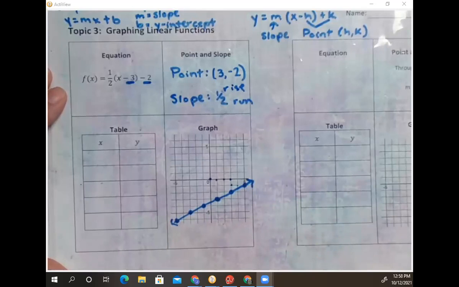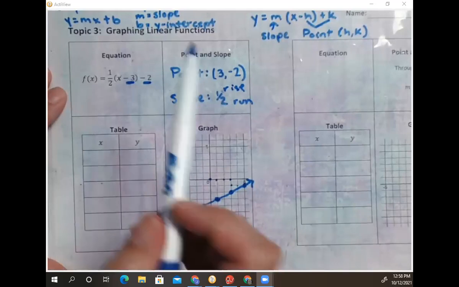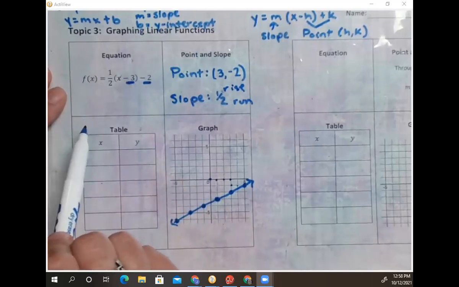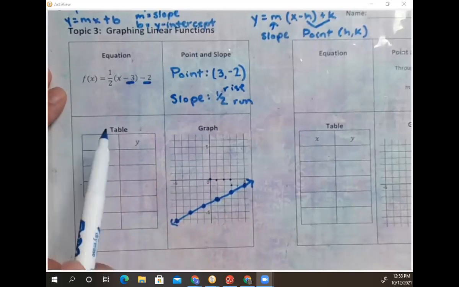So we can represent a linear function with an equation, with a graph, or with a table. And we've seen these three options before. We haven't used point slope form yet in this unit, but we did this with slope intercept: equation, graph, and table. Now, I want to remind you, if you get stuck graphing,